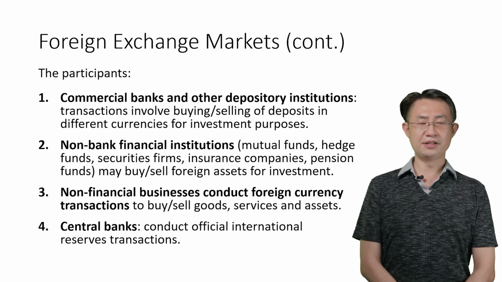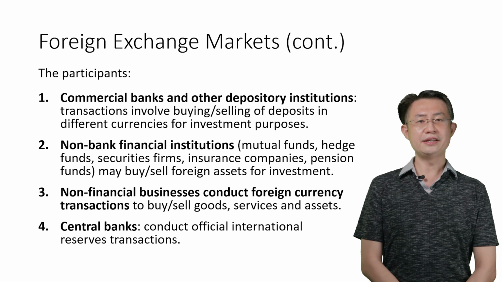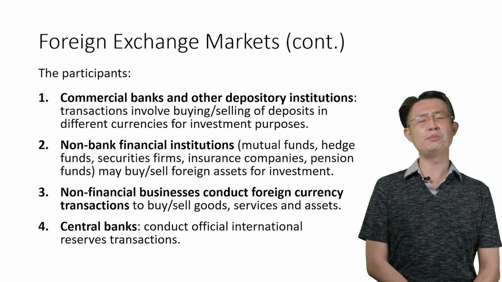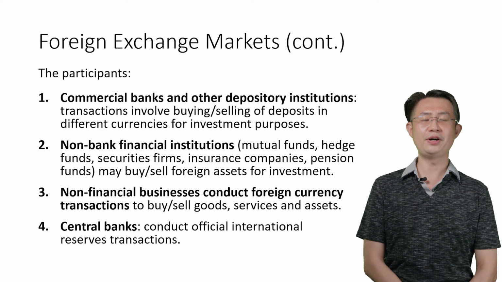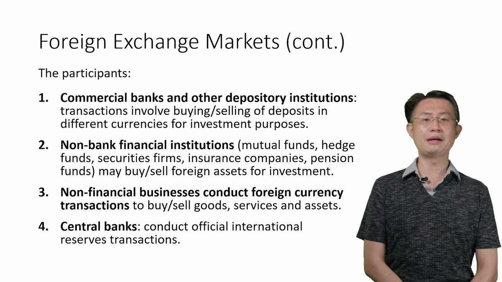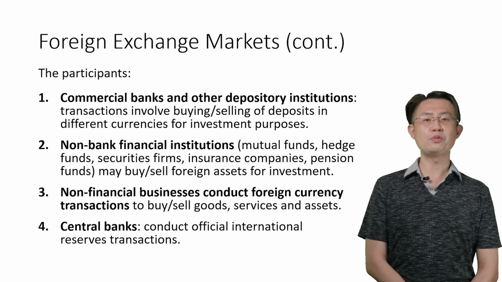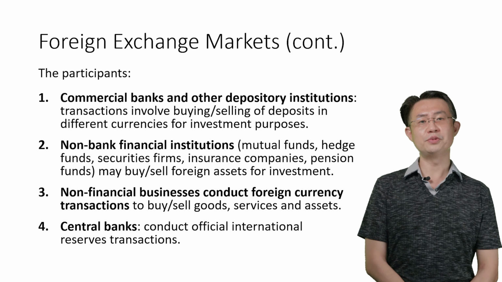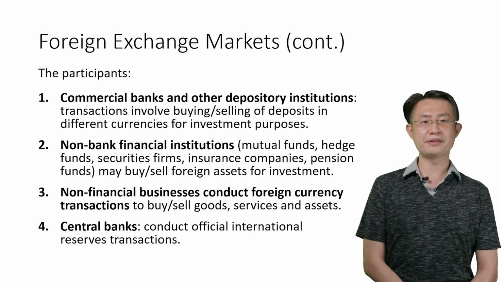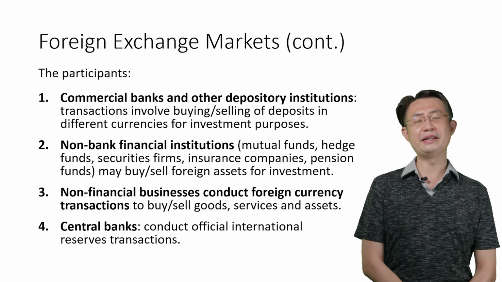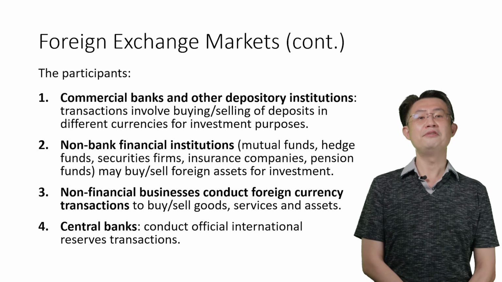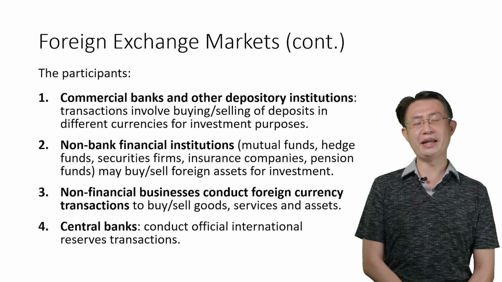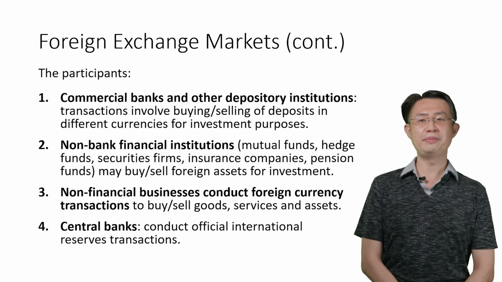And the last one, as we know, the central banks, right? The central bank of the country plays the role we call the bank's bank, right? They will provide services for the commercial banks. If we want to borrow money or make a loan, or save money, we will find the commercial banks. But commercial banks can deposit their money at their own bank. The bank's bank we call the central bank.